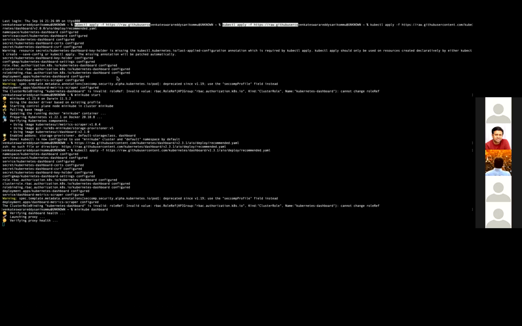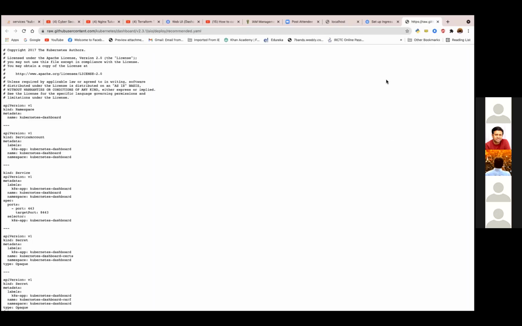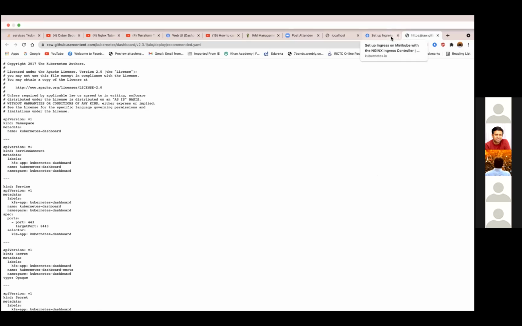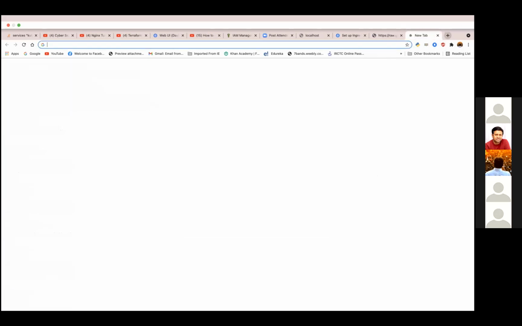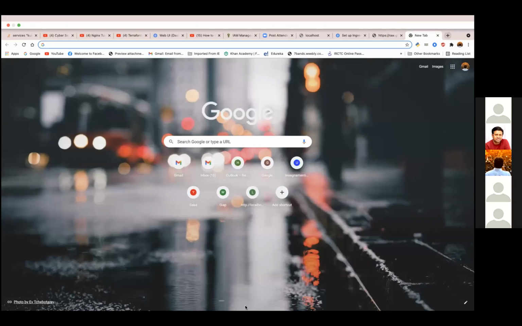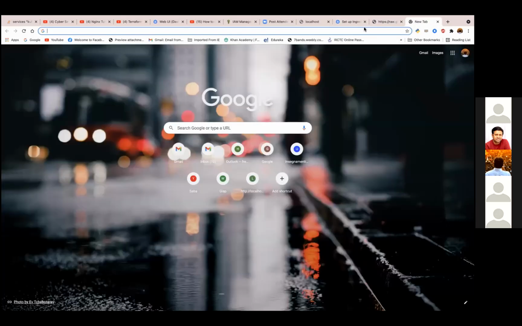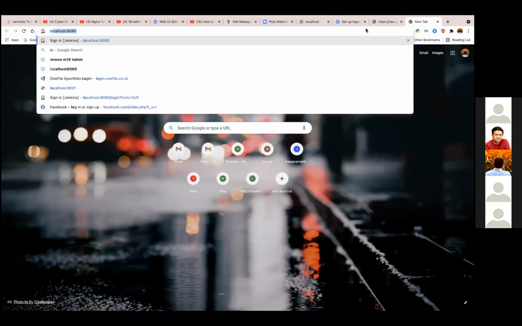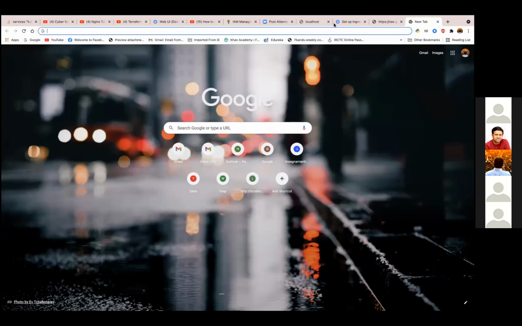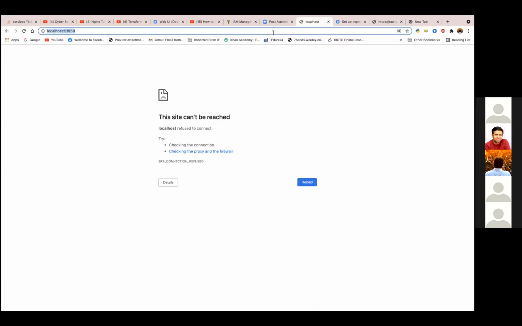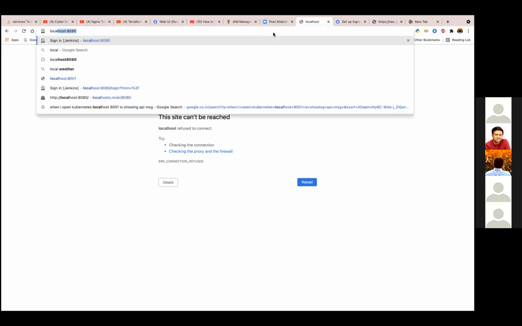Just open your browser meanwhile and see if something is happening. It's not working, sir. Open your browser and what is the proxy? No, just the localhost tab. You already have one tab opened. Not this port number. You have to get the port number from the command line. Open your command line.